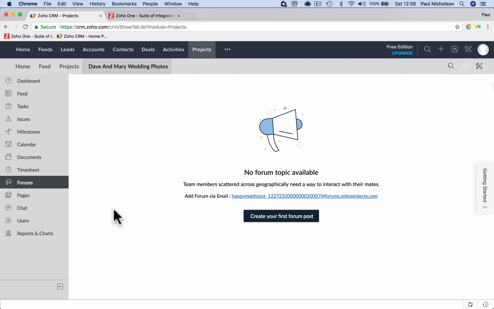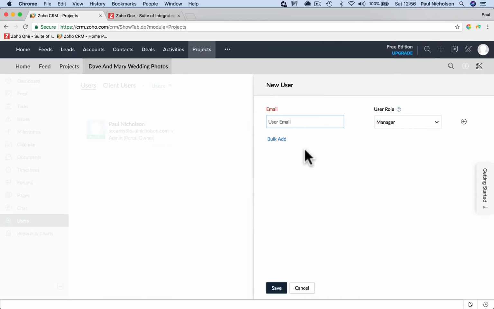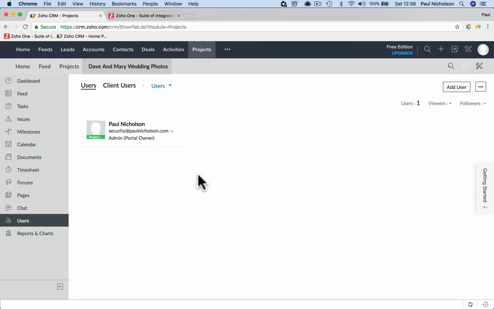You can actually add the wedding planner to this project. So you can add an email for the wedding planner and say, look, what time do you want me to be there? What time do I need to be at the church? So you can add users where you would add a contractor and say, Sarah, wedding planner, right? And send that to Sarah so she can come in, and again, because she's a contractor, she can